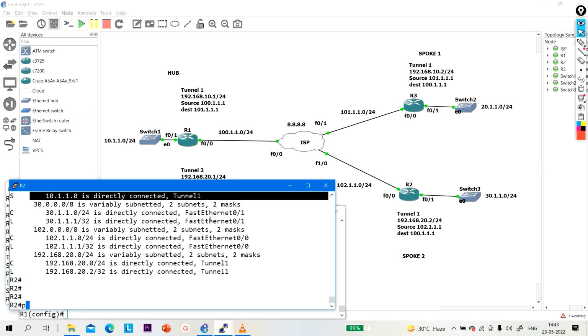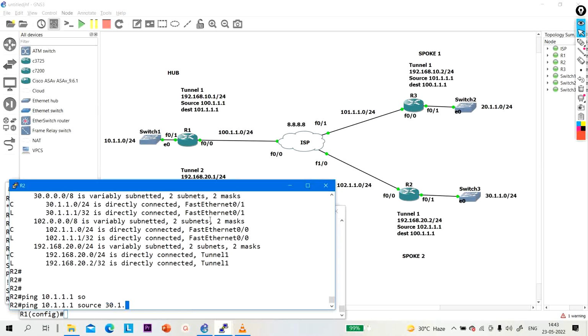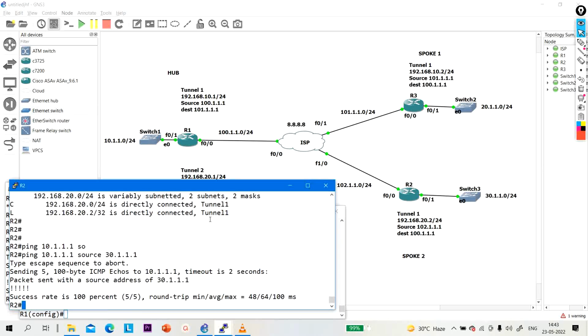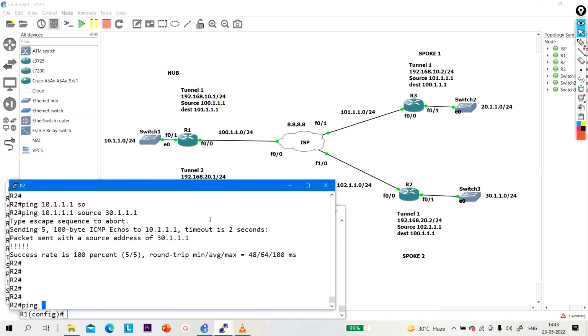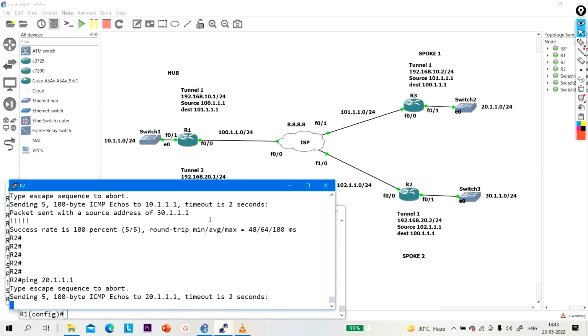Now you can see, ping 10.1.1.1 and source is 30.1.1.1. I am able to ping, yes. Now all my LAN users are able to communicate with the LAN user connected to my headquarter, the hub router, right? Now am I able to ping 20.1.1.1 from here? See,